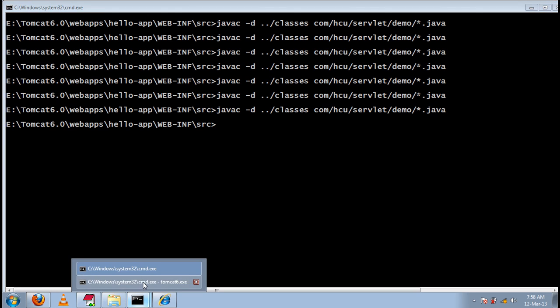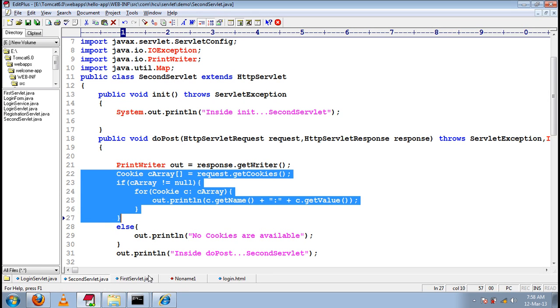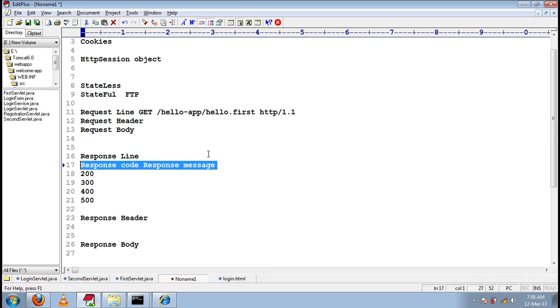This cookie will go as a key value pair in the response header. In the response header, the header name will be cookie. The values will be semicolon separated.